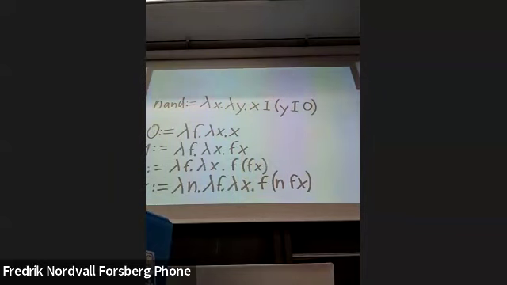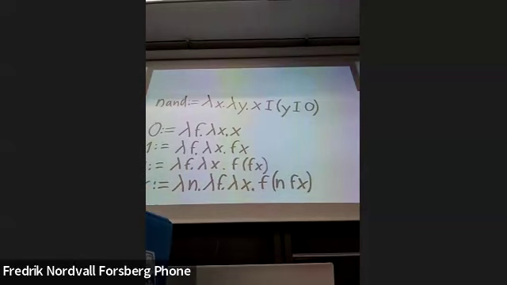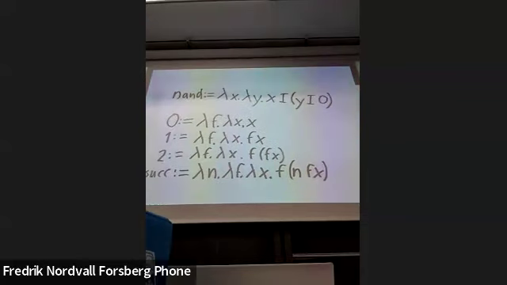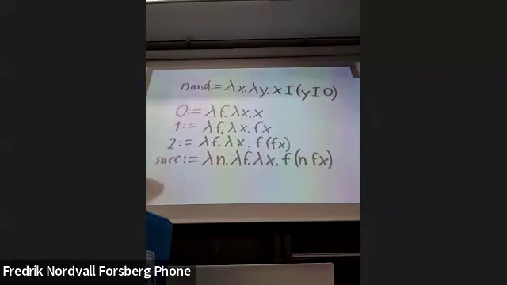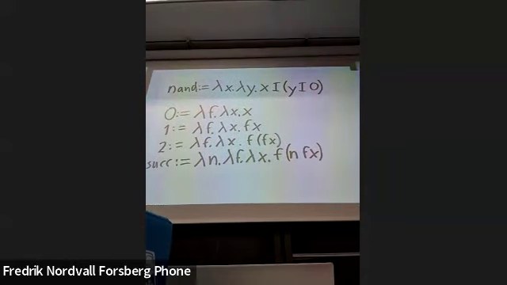And we can check that indeed 2 is the successor of 1 is the successor of 0, right? Because 2 is f applied to something, and that something is what 1 returns if you give it an f and an x, that's f x. So we seem to have done the same thing, at least for 0, 1, and 2. Okay. So maybe if you can shove that up a bit, but keep it visible, maybe we can lose NAND. But let's write plus.